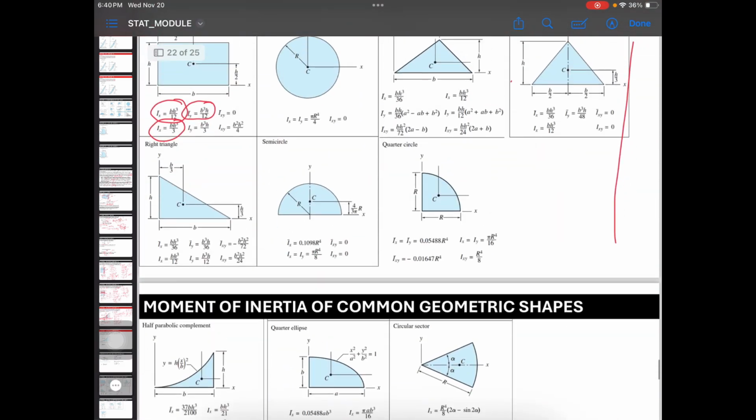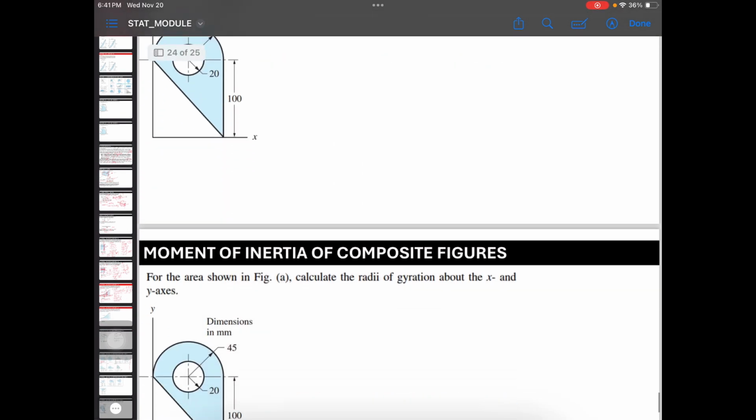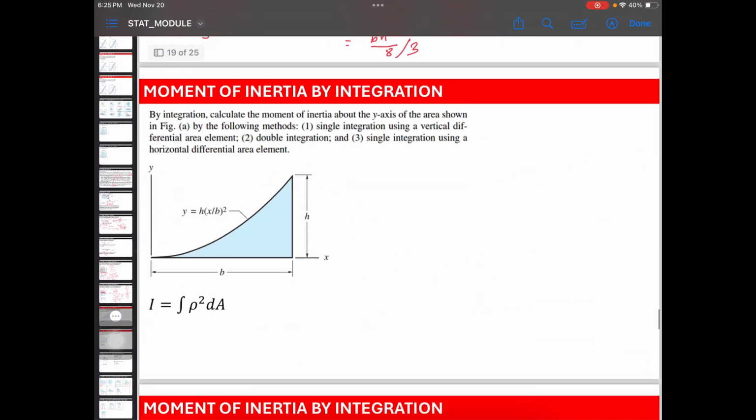Oh, in the table I gave, J is not there. I'll provide a table giving the formulas for J. And another example,